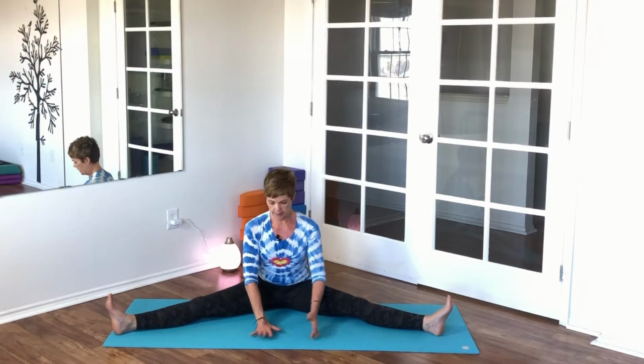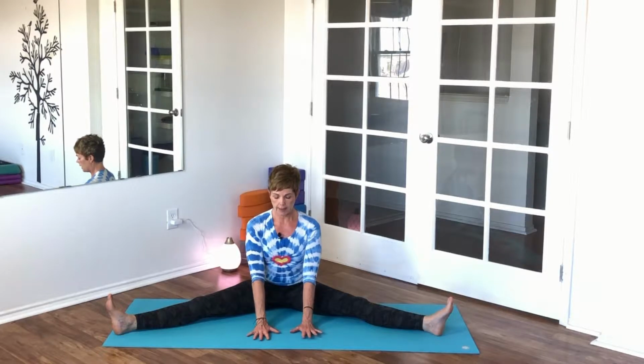That's what you need to set yourself up for a good night's rest, for bedtime, to release any tension you may have accumulated holding on in your hips and shoulders. So let's sit up nice and tall, pull that belly in, lengthen your tailbone to the mat. Try to engage your toes, and then just close your eyes and stay right here,